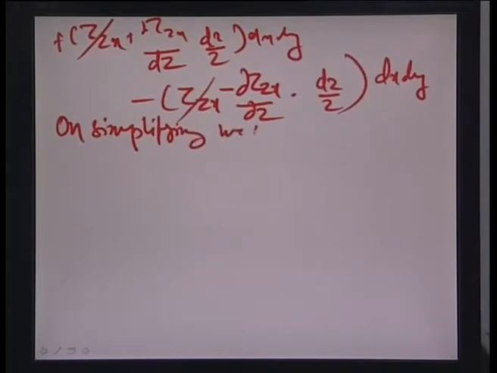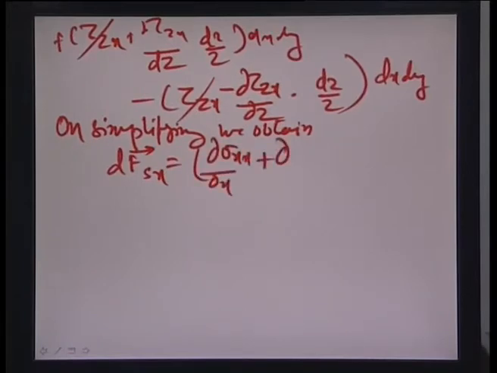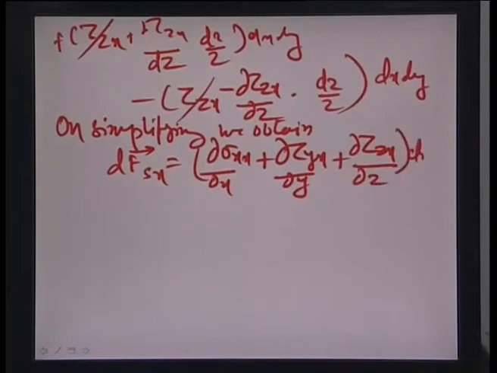we obtain dFsx is nothing but del sigma xx by del x plus del tau yx by del y plus del tau zx by del z times dx dy dz as the total amount of the force in the x direction. Okay. So, therefore, on a simpler note,